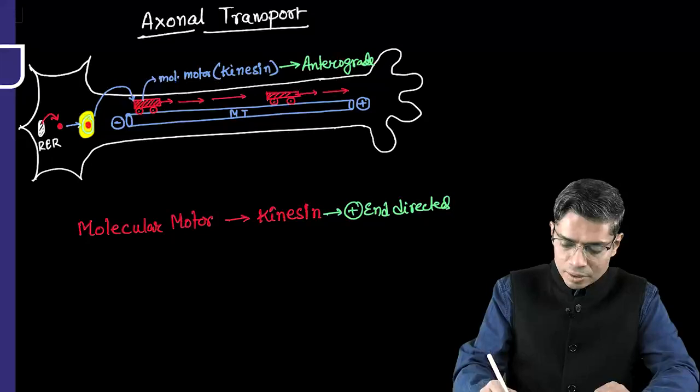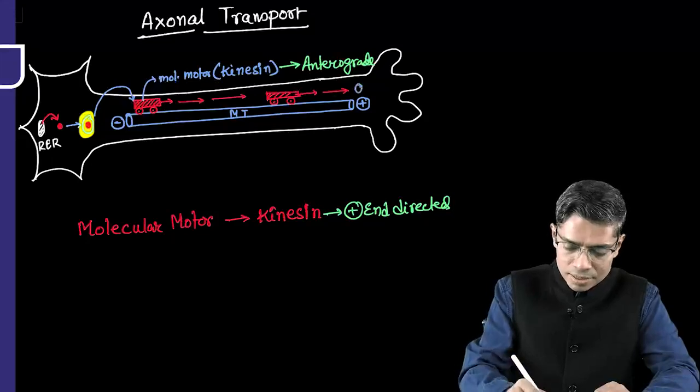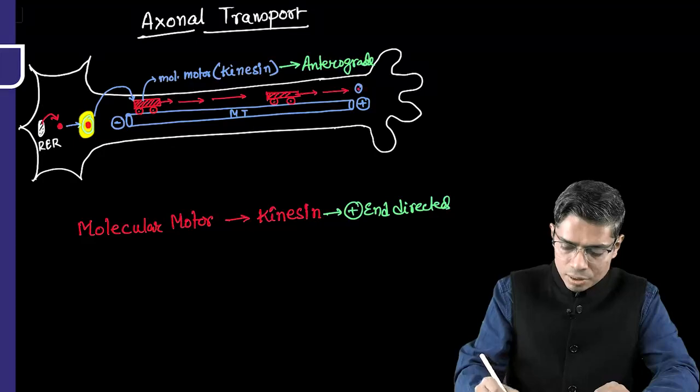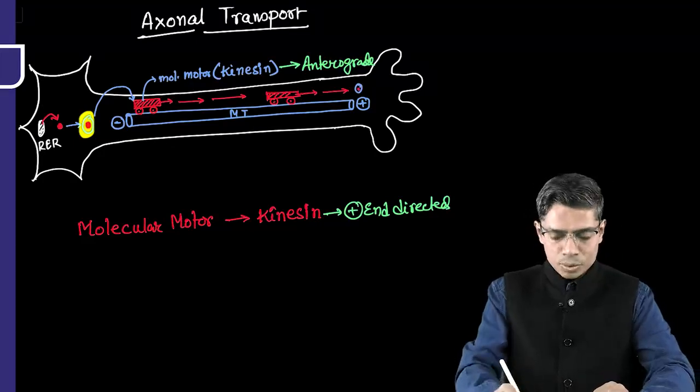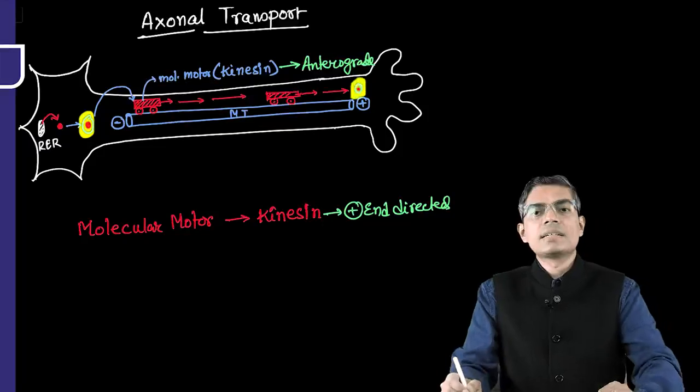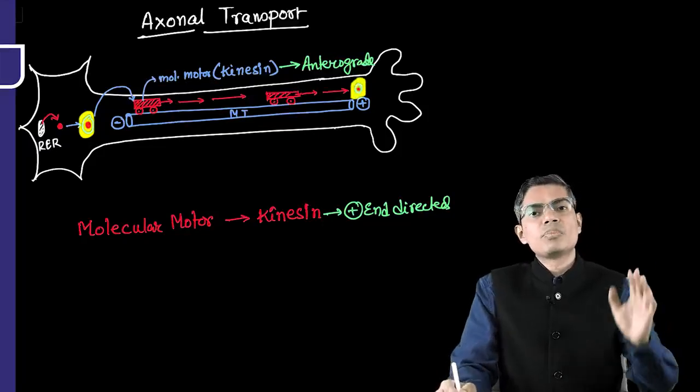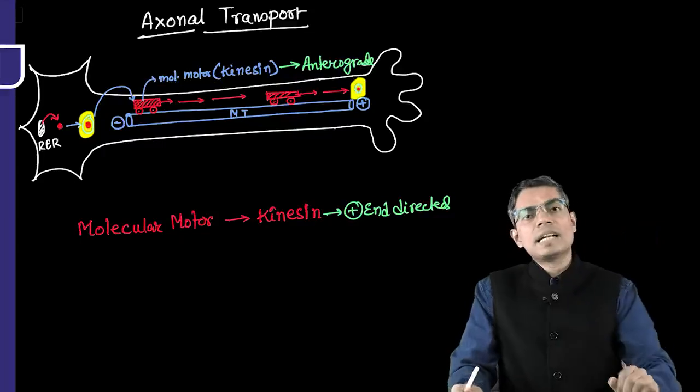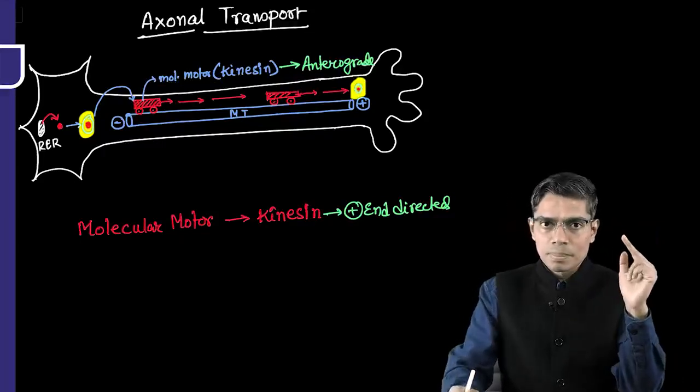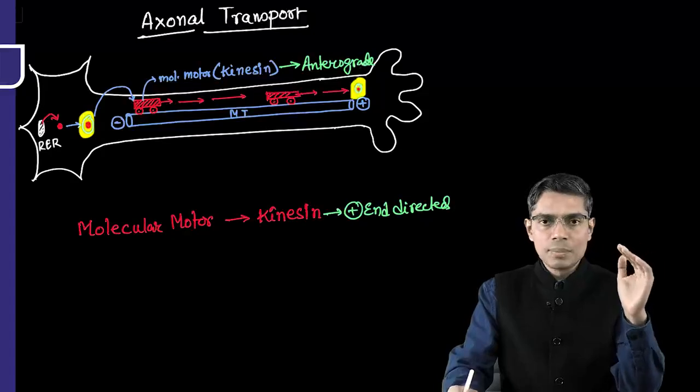At the end of this microtubule, it will release the vesicles within which the protein is already present. So in this way, any vesicles or cell organelles moving from the cell body to the axon end take help of the microtubule and the